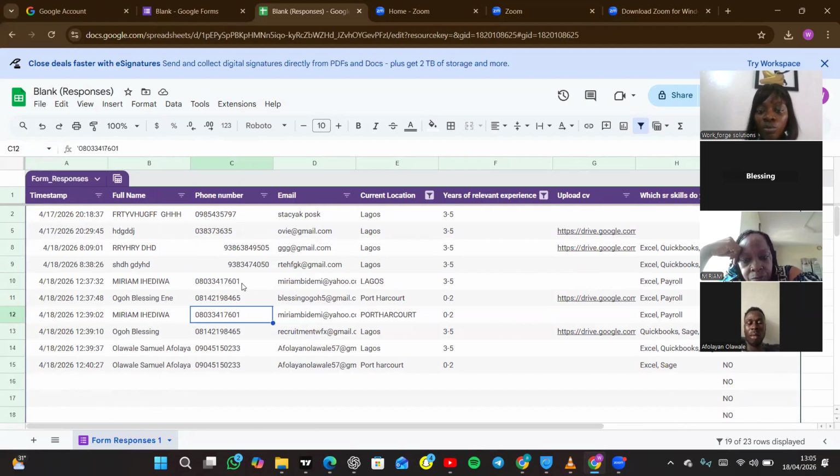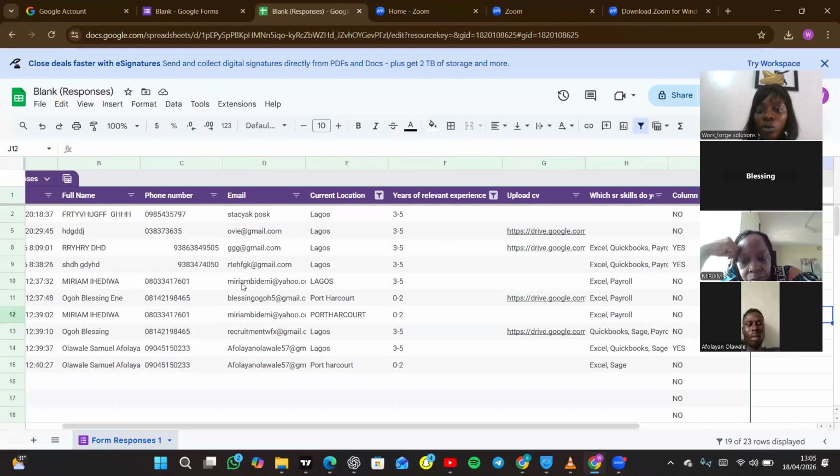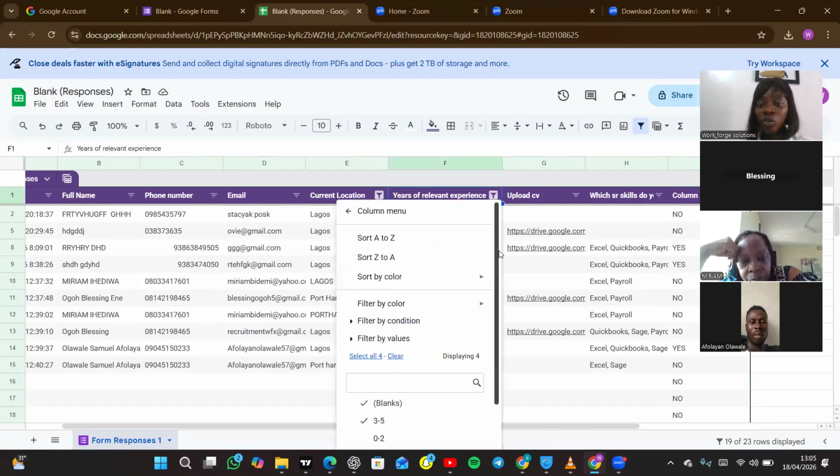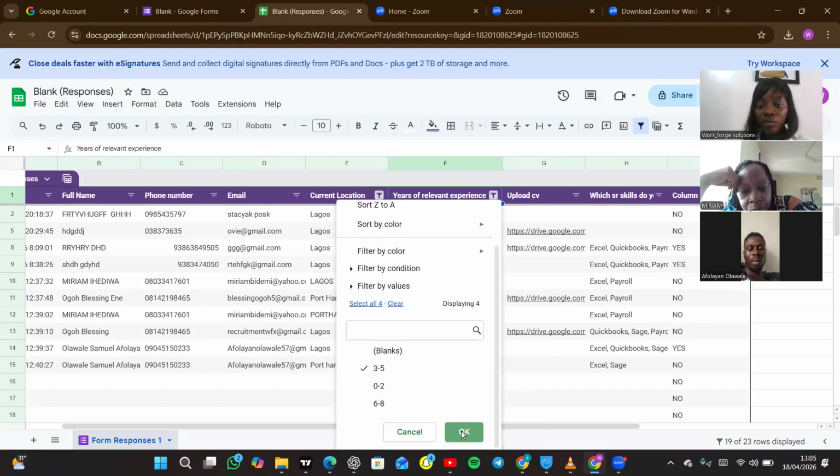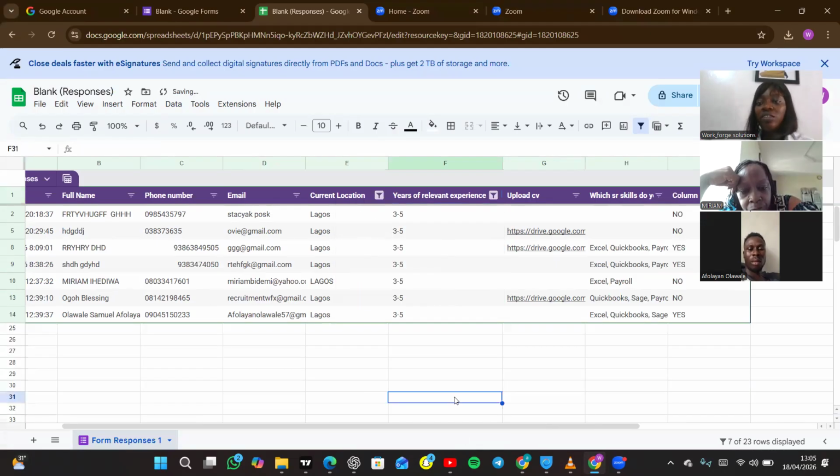All I need to do is set up, and I'm going to show you how I set this up, some requirements already. For example, for years of experience, I want 3 to 5 years. So I created a filter here. All I will do is take only 3 to 5. I leave only 3 to 5 clicked. Every other thing disappears